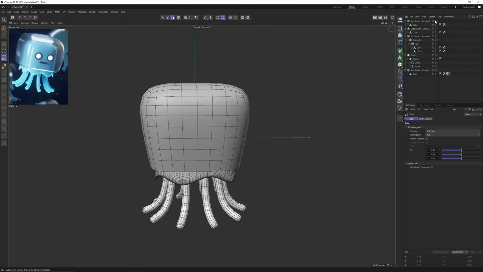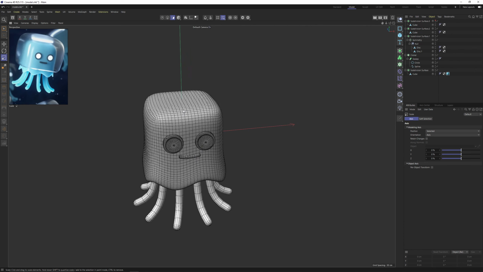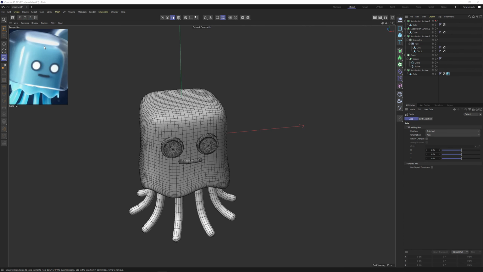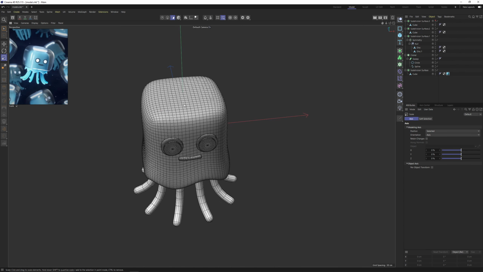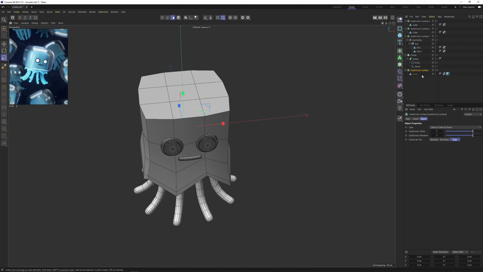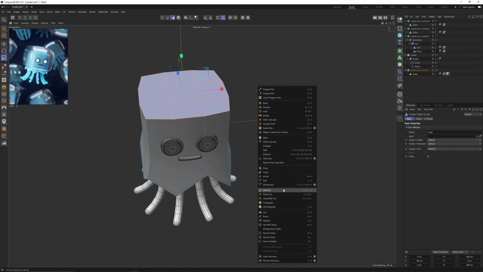I believe we missed the last part. I mean the ring over the top. To do that, let's go back to that object, turn the subdivision surface off. I'm going to select these top polygons, split these,